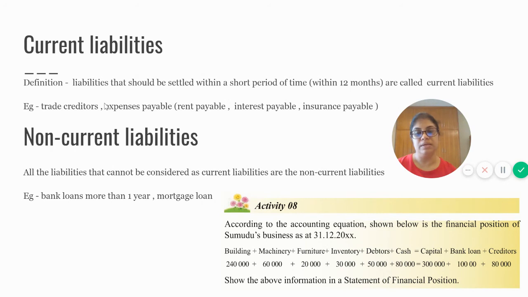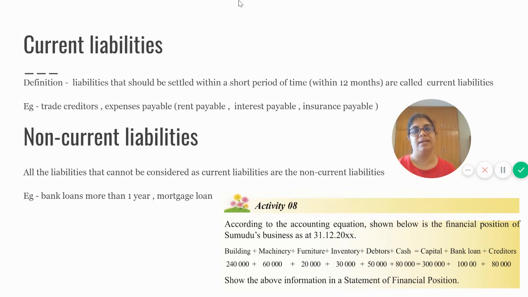In your level, these are the current liabilities which we will be meeting when we are doing the sums. So trade creditors will be their expenses payable. Those are expenses we are supposed to pay towards the outside parties of the business in the next accounting period, known as expenses payable. We'll have a separate lesson for that. We'll discuss it there. So as an example, rent payable, interest payable, insurance payable, all these payables will be considered